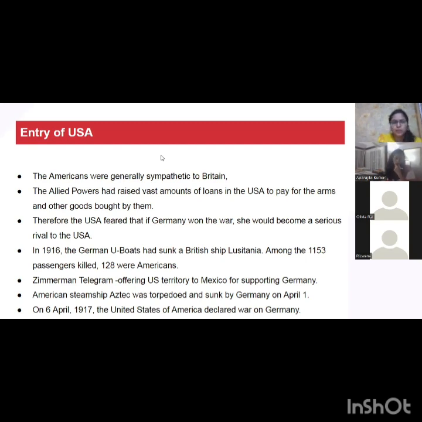Second thing, throughout World War I, America earned a lot of money. America was very smart in the sense that it didn't get involved in the war, but throughout the war, arms and ammunition were provided by America to the allied countries. America industrially developed during this World War I. So World War I also marks the rise of America, because America developed technologically, monetarily, that is financially. It was mainly during World War I.